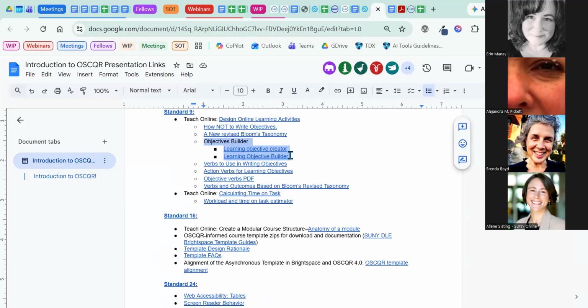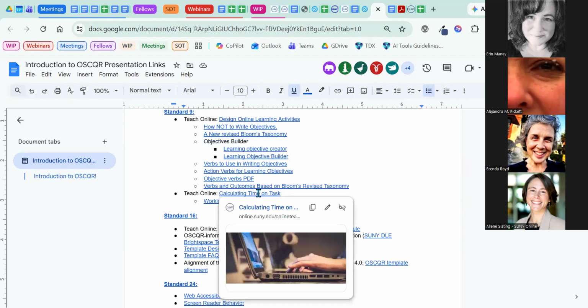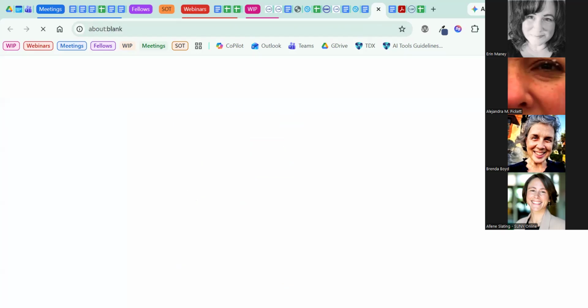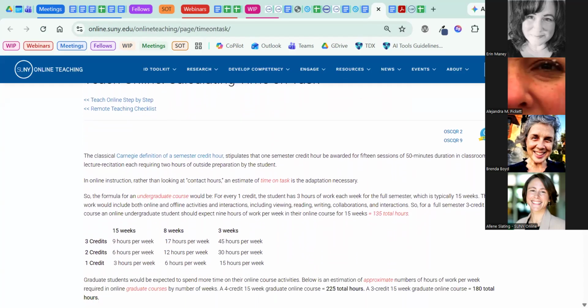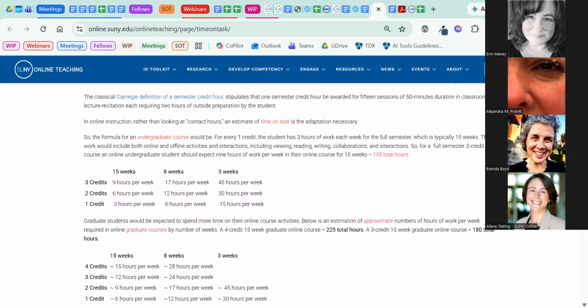All right. So another thing that comes up when looking at the standard, which is about the objectives being clearly defined, measurable, and aligned with learning activities and assessments. Another thing that comes up often is instructors feeling like they have to put everything that they know in the course because they feel they don't see the instructor, and so they need to put everything that they know in the course. And what ends up happening is it becomes like a course and a half or more, and not possible to do in the amount of time that there is in a day, for example.